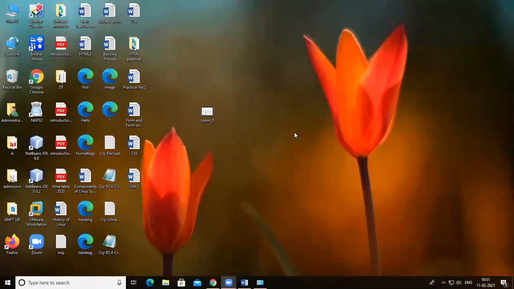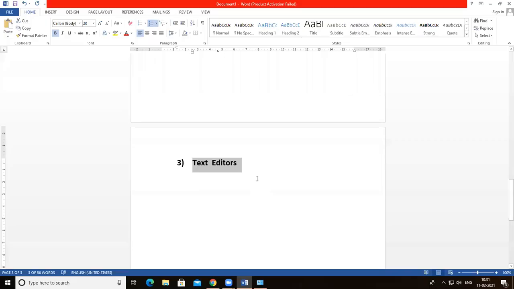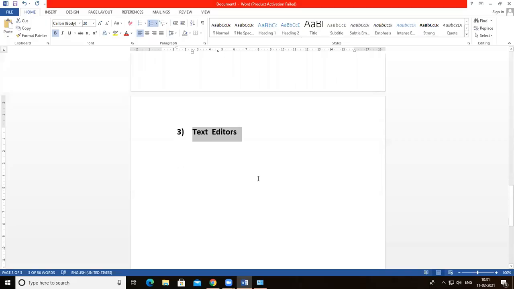Okay. So in the Windows operating system, sorry, in the Linux operating system, different text editors are available. By using text editors, a user can enter, change, save, close, delete, or print text by using input and output devices.